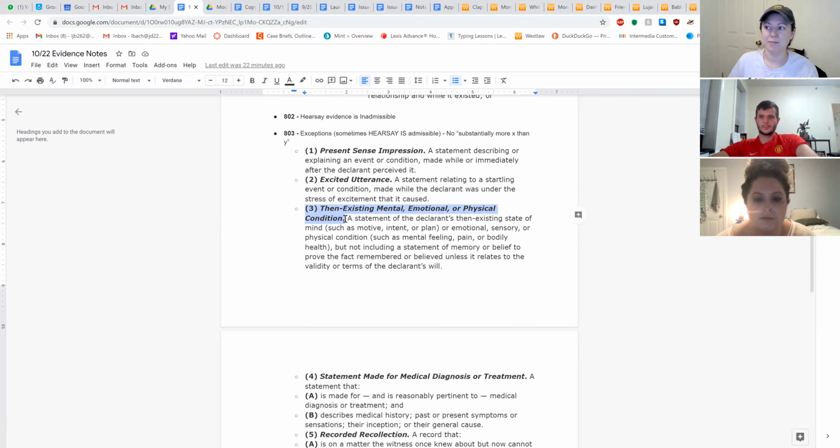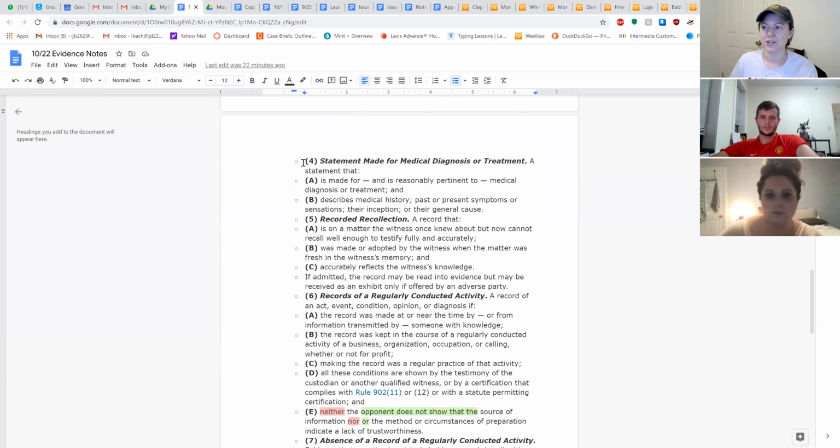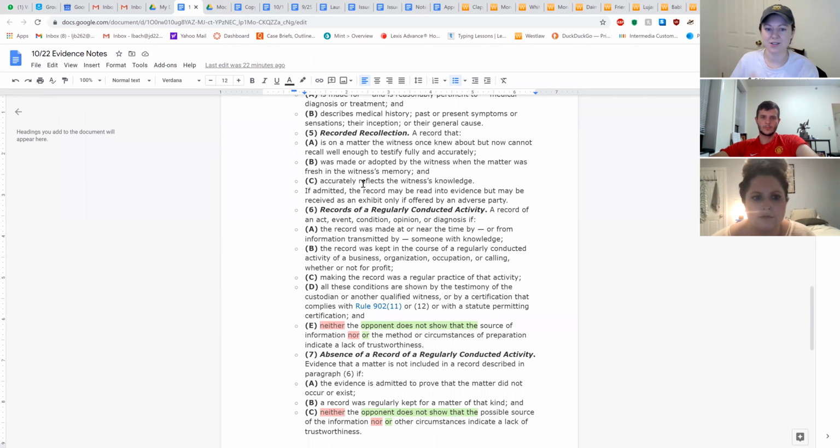Then existing mental, emotional, or physical condition, like I'm happy, I'm sad, those can come in. If you're talking to a doctor for medical treatment, like you're explaining your symptoms, those can come in. We don't have to spend too much time on this because you can get into it if you need these exceptions. That's surprising to me, considering that sounds like